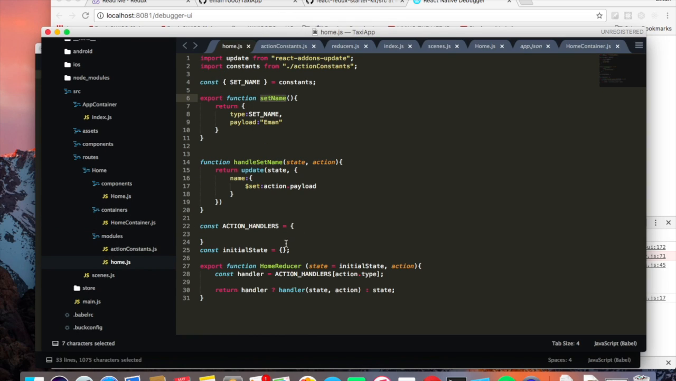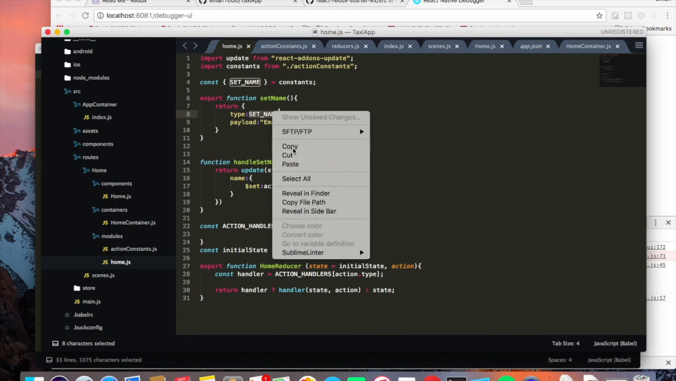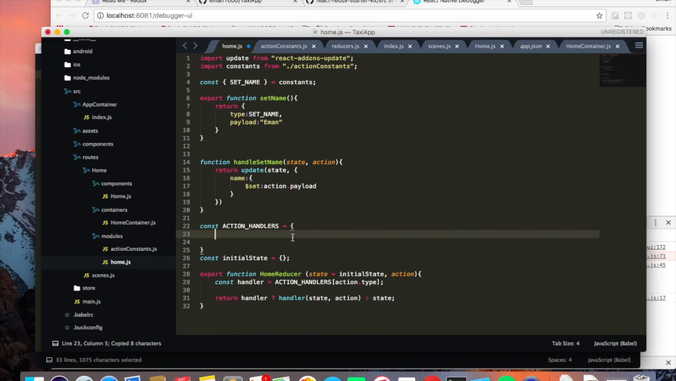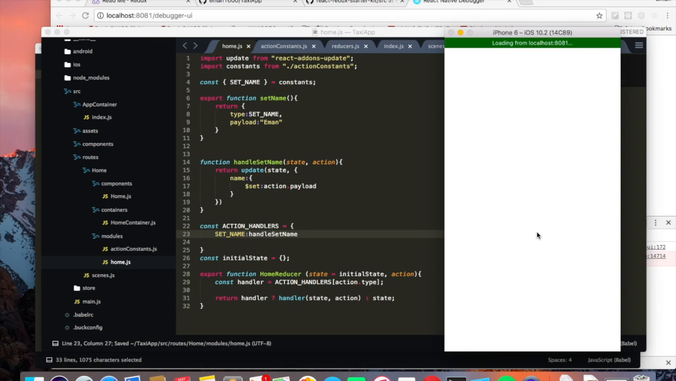Okay, so one last thing I need to do inside this action handlers, I need to tell Redux like this action is handled by which function. So what I need to do is I'll write set name here, and this action will be handled by this function, and I save this. And if I go here and refresh this,